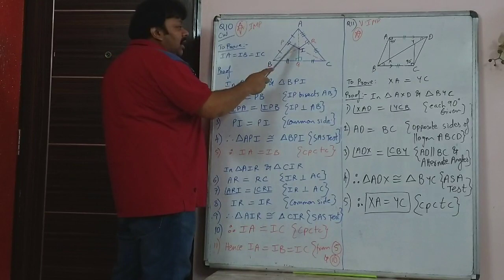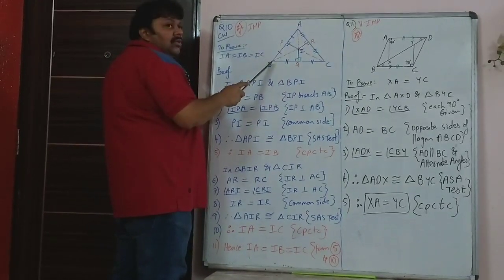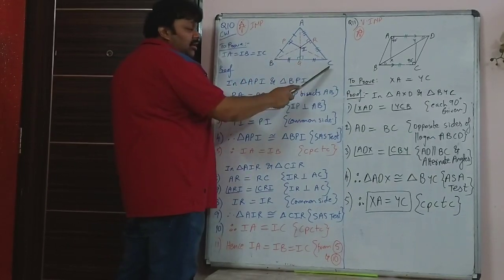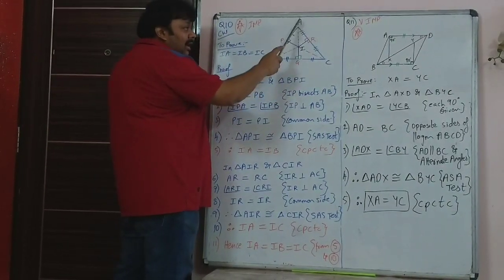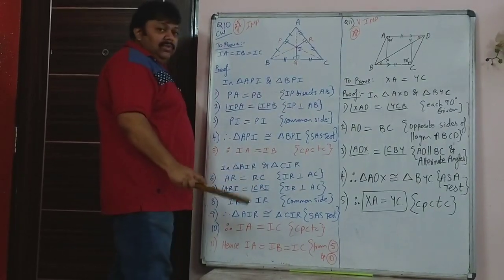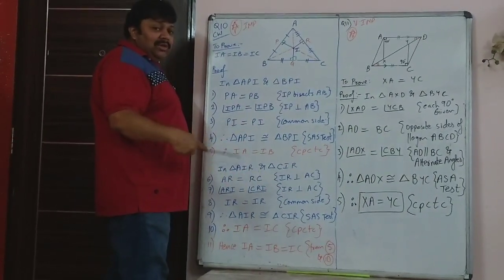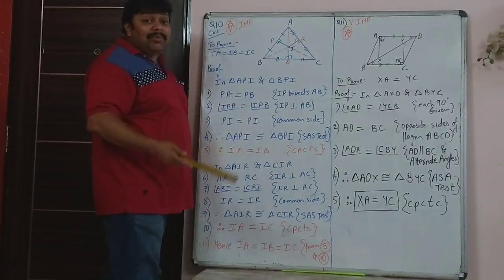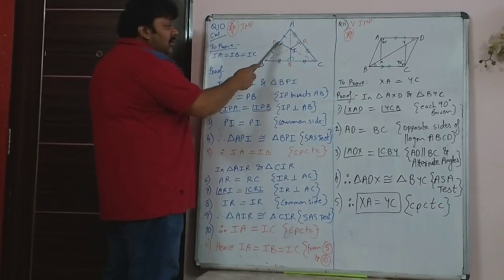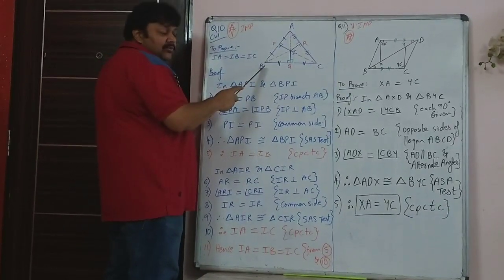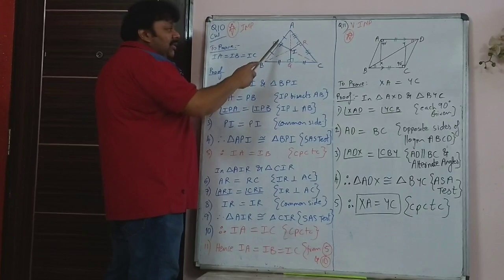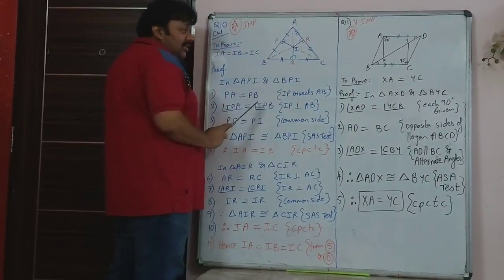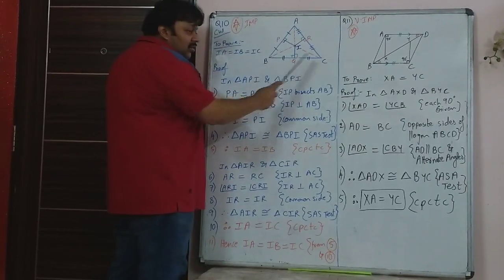So perpendicular, IP is perpendicular to AB. That is one thing given. Similarly, IQ perpendicular to BC and IR perpendicular to AC. At the same time, it is not just mentioned that the three perpendiculars meet at I, it is given the perpendicular bisectors. Now bisector means P is midpoint of AB. So AP and BP will be equal. Similarly, Q is midpoint of BC. So BQ is equal to QC.